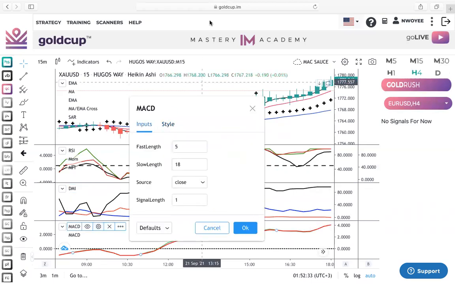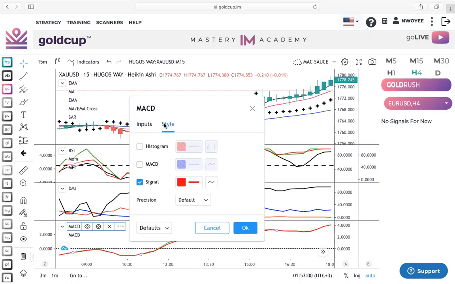The first MACD, pay attention. A little bit of info here. The input is 5, 18, close, 1. Simple like that. Just put it in as the input for the first MACD: 5, 18, close, 1. Okay? For the first MACD. And then for the style,